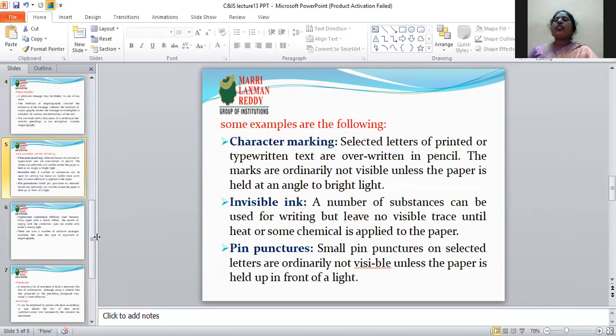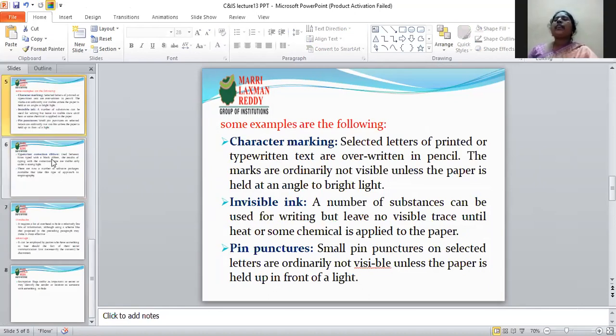Types of steganography. Some examples are the following. Suppose character marking. What is character marking? Selected letters printed or typewritten text are overwritten in pencil. The marks are ordinarily not visible unless the paper is held at an angle to bright light.